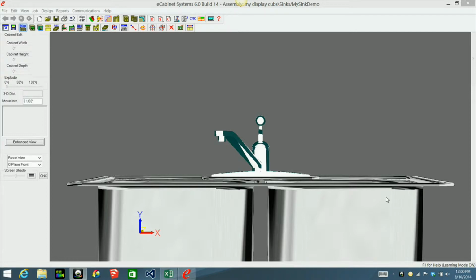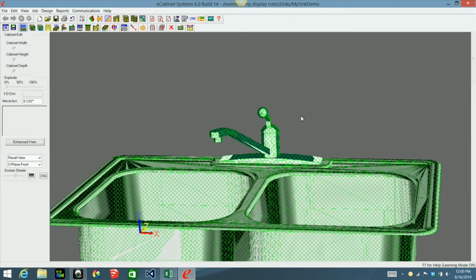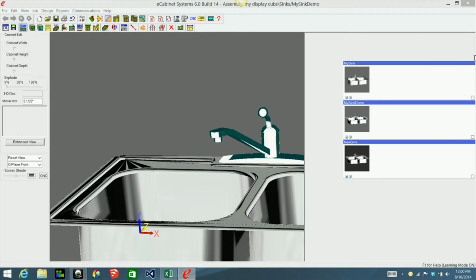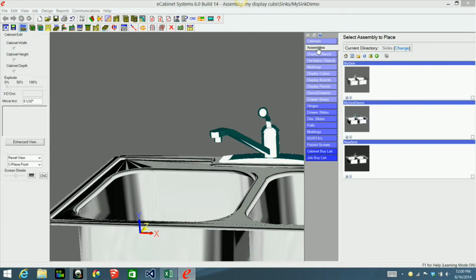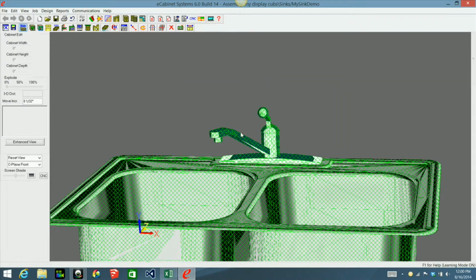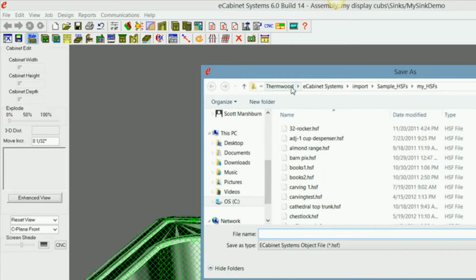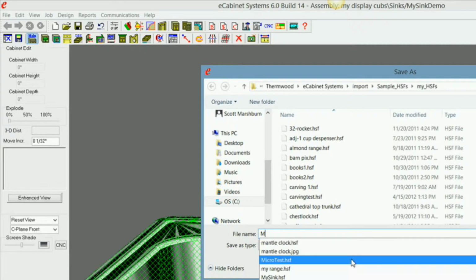In this video I want to continue with our little sink project here. I would like to show you how you can save this sink and faucet as one unit. What I've done is I've just brought in the sink that we created and saved as an assembly into Cabinet Editor, and I'm going to simply select the faucet and the sink, and go to File, Export Selection, and I want to go under Import Sample HSFs and My HSFs, and I'm going to name it My Sink Demo,